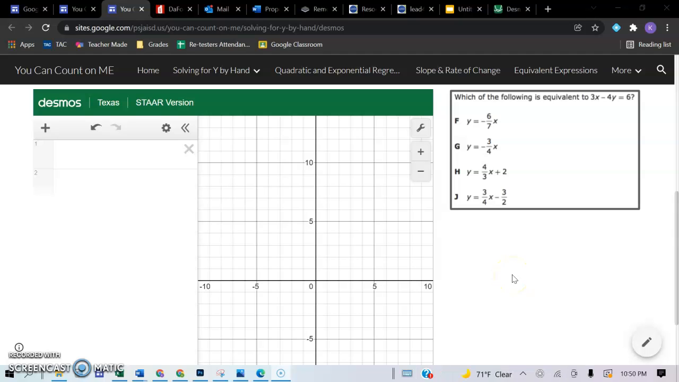Okay, so in this question we have, which of the following is equivalent to 3x minus 4y equals 6? In this example, I'm going to be using Desmos to check which answer is correct. So the first thing that we do is we click on number 1,